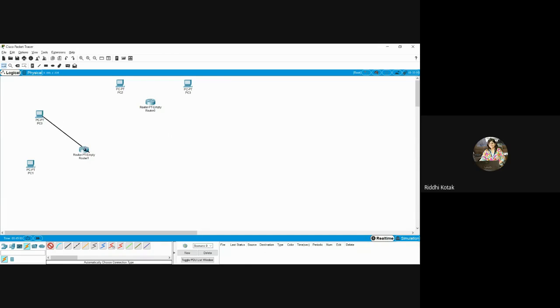So what you have to do, you have to go to this PC0, and then come to this router. See, we are not able to perform this step.